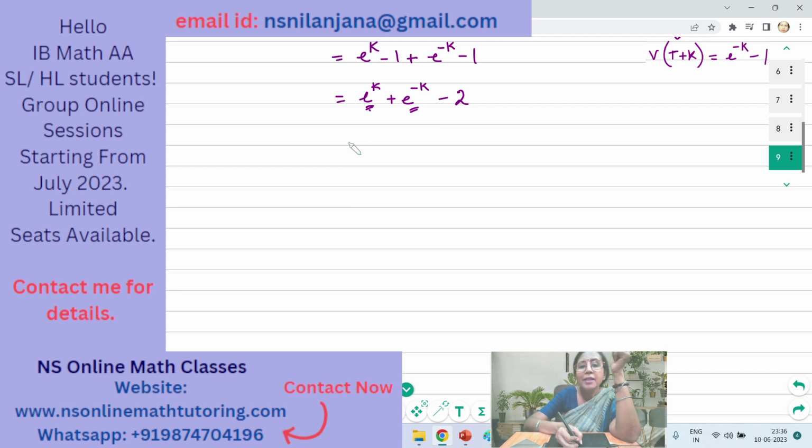So I can write this as e to the power of k over 2 whole square, and e to the power of minus k is 1 over e to the power of k. So if the minus sign is just bothering you, bring it down. E to the power of k over 2 whole square, and